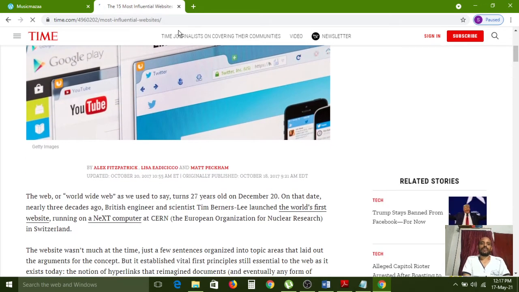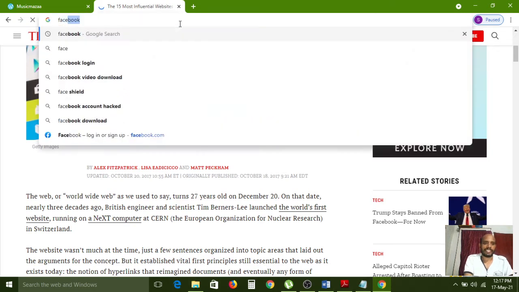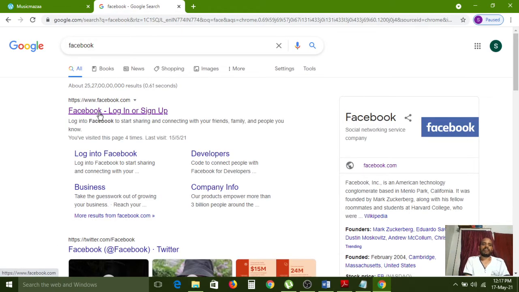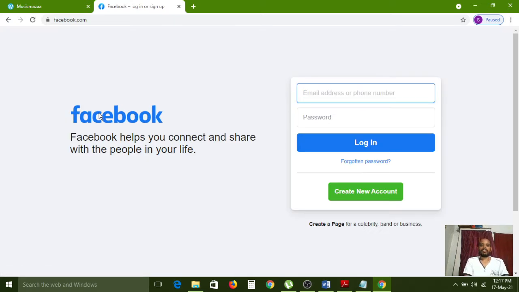So not required. Okay, Facebook we have to see. Facebook is one of the examples. What is the Facebook color? Blue color. Now I am opening the Facebook login page. All of you carefully observe. And here also they use white color. So nowadays white is very important for formal websites and social websites also.